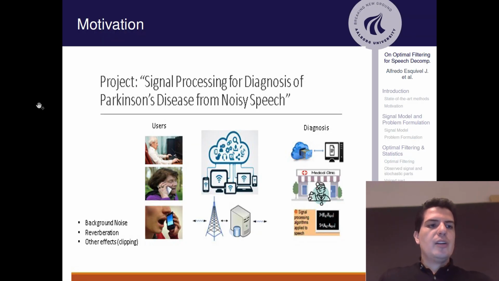So before starting with the paper, this paper has to do with a project entitled Signal Processing for Diagnosis of Parkinson's Disease from Noisy Speech, in which there is a database of patients who have Parkinson's disease and patients who are healthy individuals. And those files are, for example, about sustained vowel phonations in order to be able to diagnose them. It is also possible to remotely